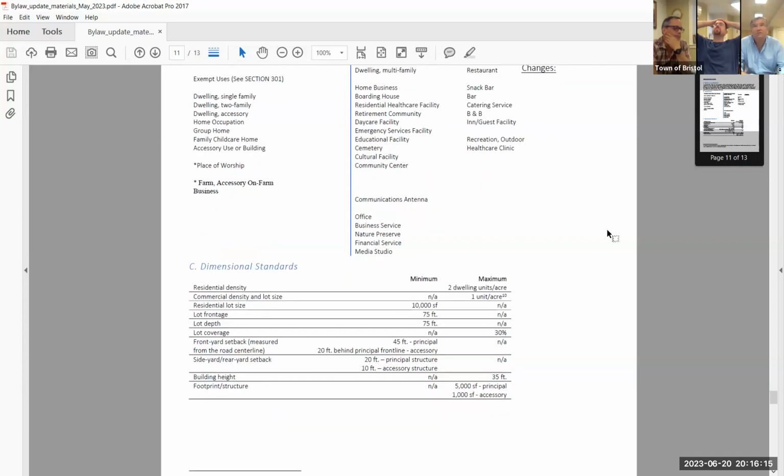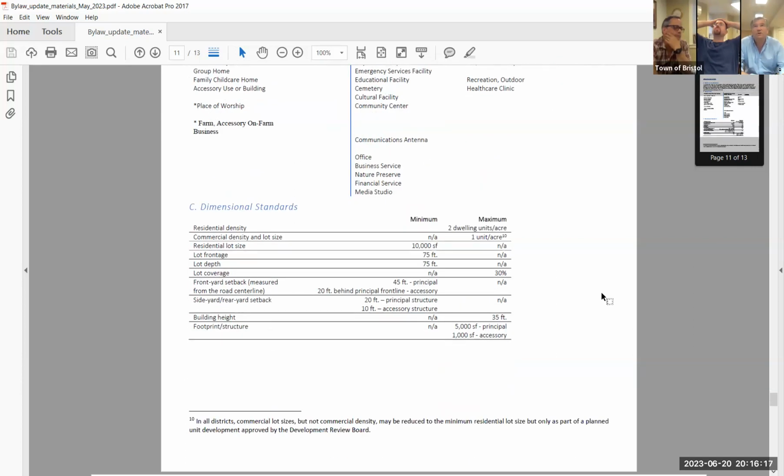Current density in this district, there you go, dimensional standards. So basically this one is also 2 units per acre. Interestingly, it's got a minimum lot size of 10,000 square feet, the same as your village district. Lot frontage and lot depth are the same as the village district.